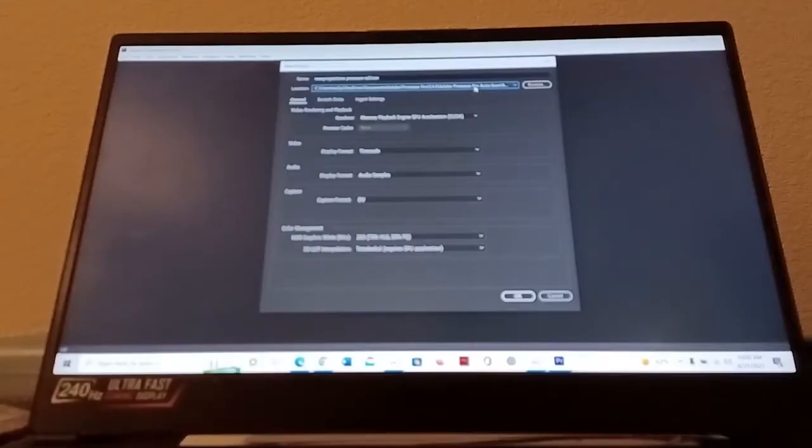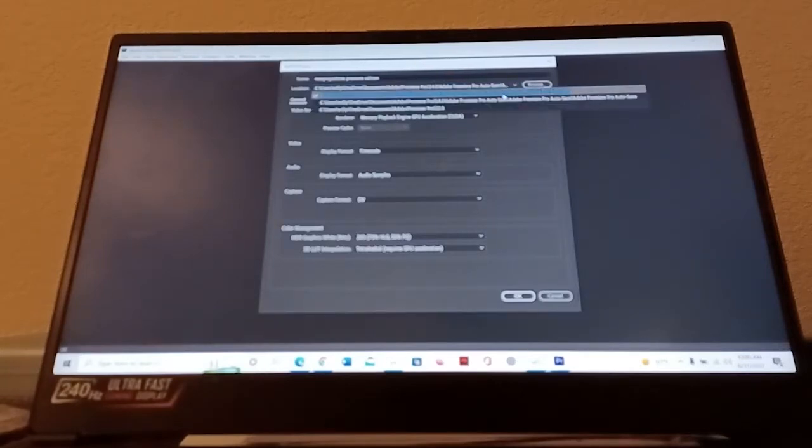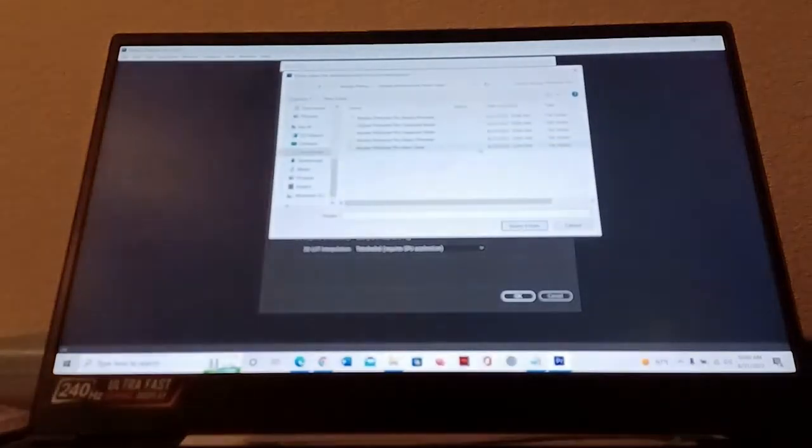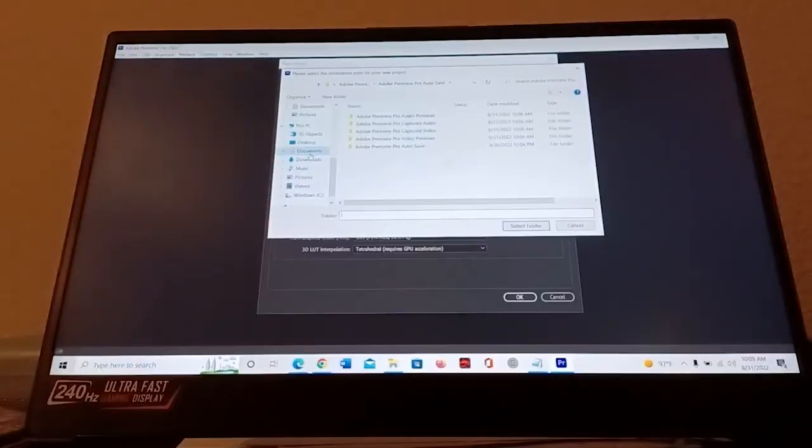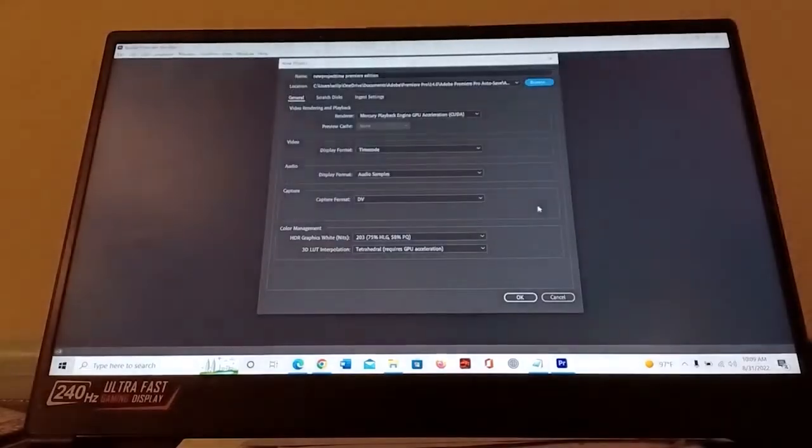This is the location point. Click browse. This is an example of where you would like to go. You don't have to put it anywhere here. You could just put it on either the documents or the videos or pictures, for example, but I'll select the folder. You can choose a different one if you'd like. Click OK now,